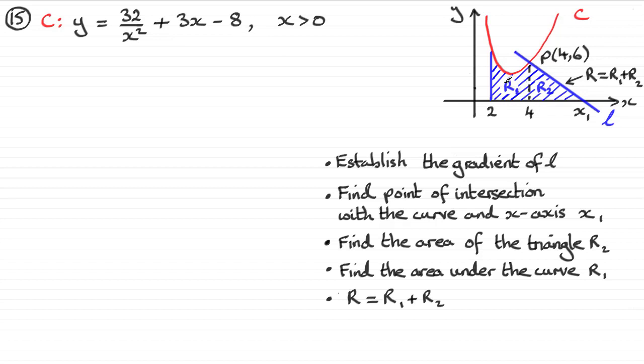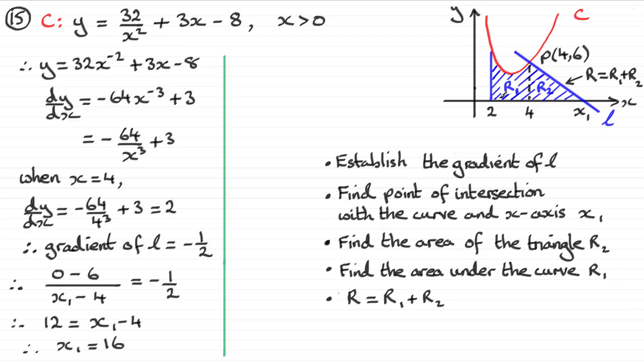Do that, I'm going to get that area R1, and to get the final area R, I'm going to add these two results together, and we have to show that that area comes to 46. Okay, so that's our method. Let's start. Okay, so I said we're going to find the gradient of L, and we do that then by